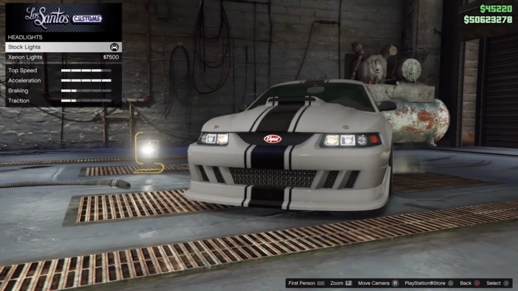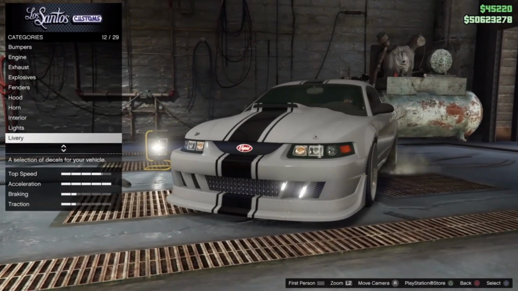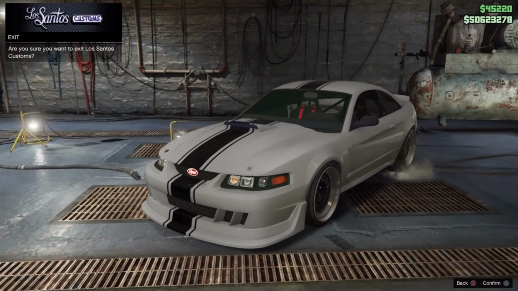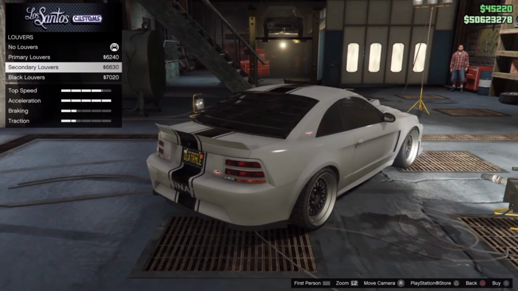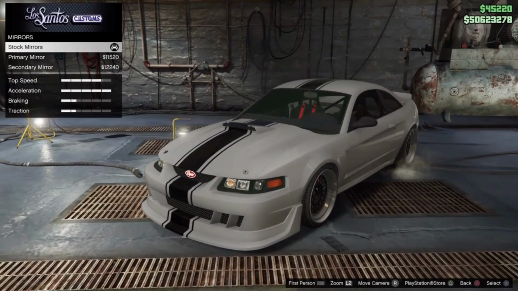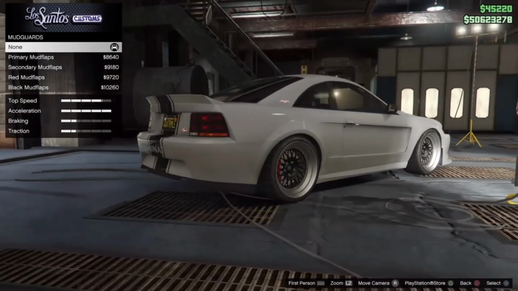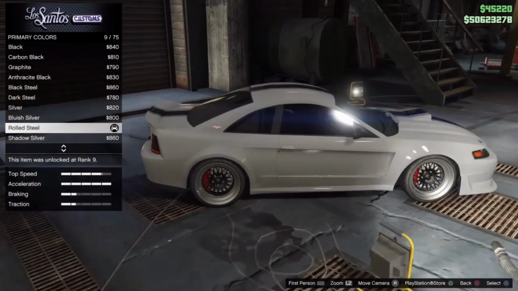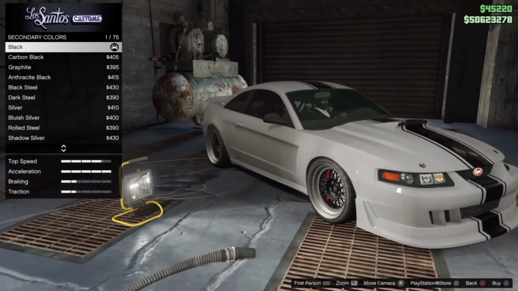Went with the stock headlights, no neon kit, and the black thick stripe livery. Kind of wanted to keep a street build vibe with this car. No louvers on this one. Went with the stock mirrors. No mudguards. Now in the classic category for respray color, the primary color is rolled steel, with our secondary just